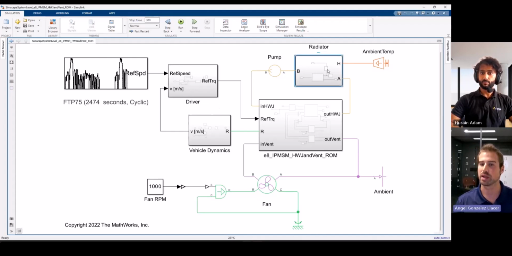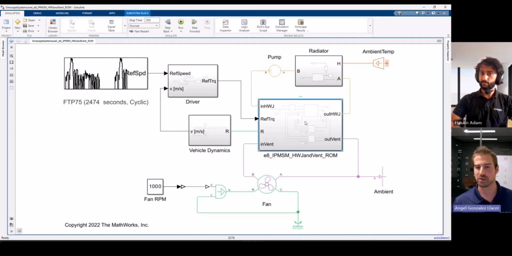Like there could be a team working on designing the radiator, another team working on the vehicle dynamics or the driving style of the user, and you could figure out how all these things impact each other in this kind of collaborative model. Amazing. And within that main block of the MotorCAD model, were there a lot of changes you needed to make to set this up, or was that fairly simple to do so?